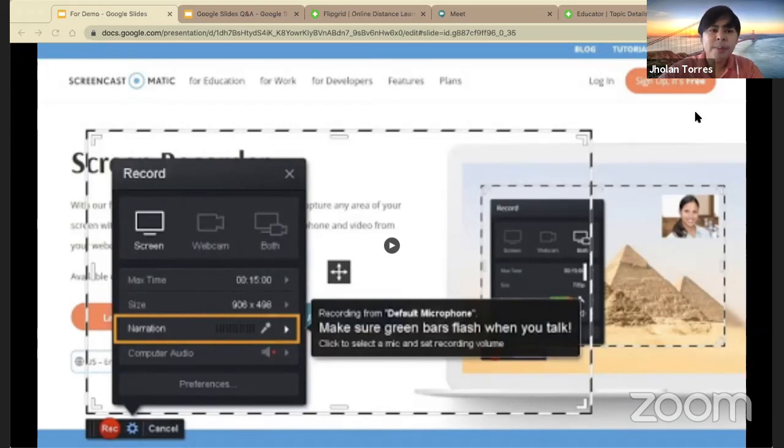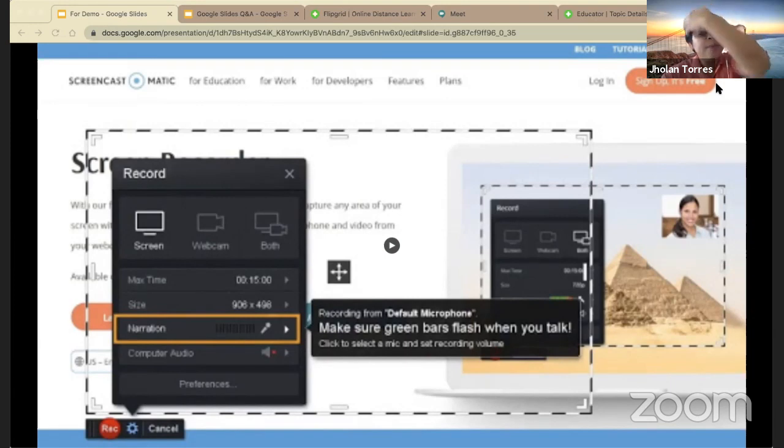I recommended this Screenomatic application so you won't have a hard time choosing an application. Screenomatic is good for Windows computers, Mac computers, and of course you can also download it on your cell phone.